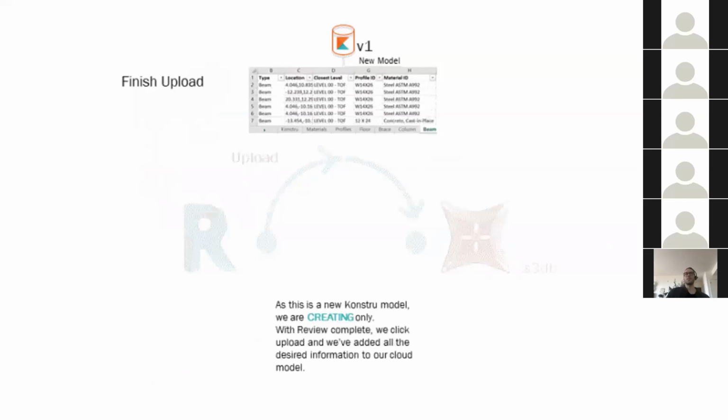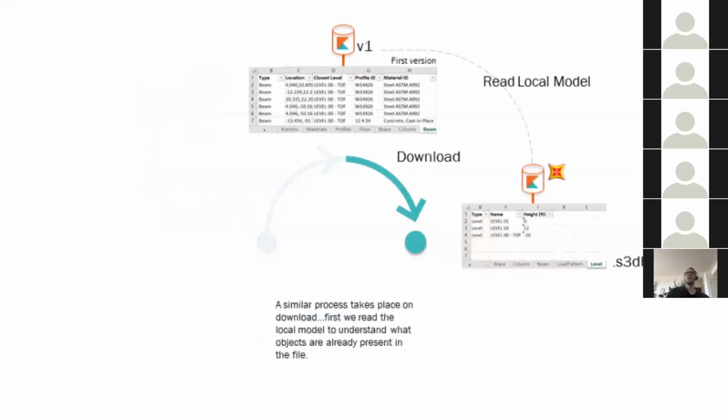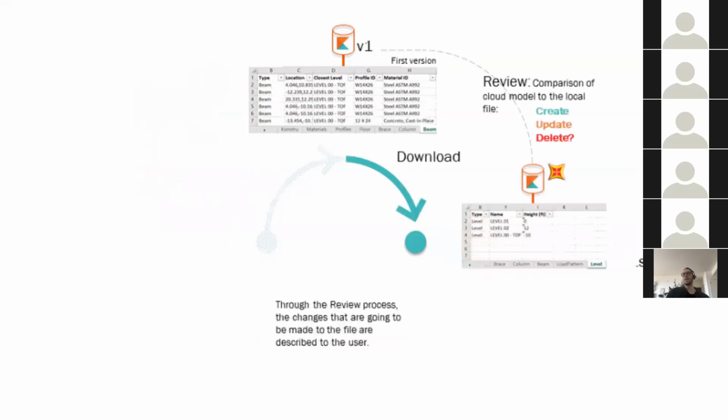If there's an existing model, it'll ask you to update it. In this case, we're saying you just uploaded a brand new model to an empty Konstru container. Once you've done that, let's say you go to your target platform, you can then read that uploaded model and download it, but then it's going to check if your model is empty or if it's existing. It does a comparison between the cloud and the local file and the platform. If there's nothing in the local file, it'll just download the whole thing in there and eventually create a brand